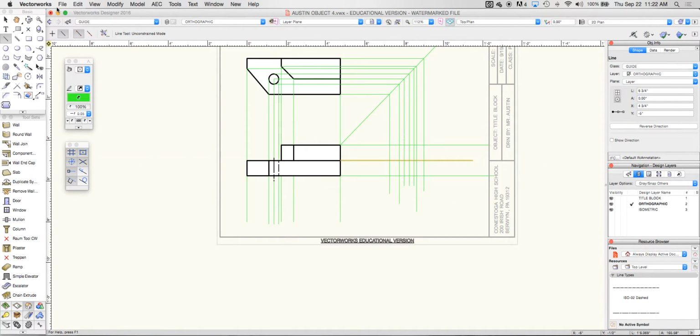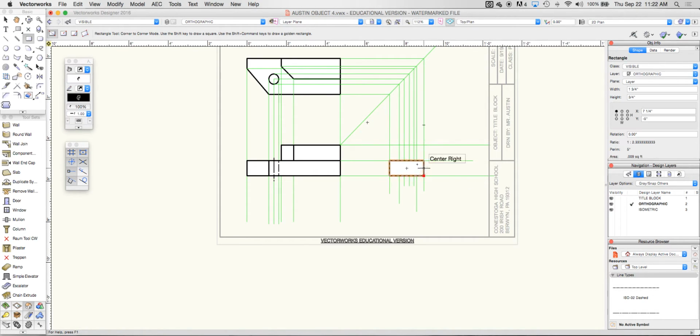So the first thing we have is our first rectangle, and we're going to do that in the visible class. And that rectangle is going to be two shapes together. So I'm going to draw one rectangle here, and I'm going to draw my secondary rectangle from this point here